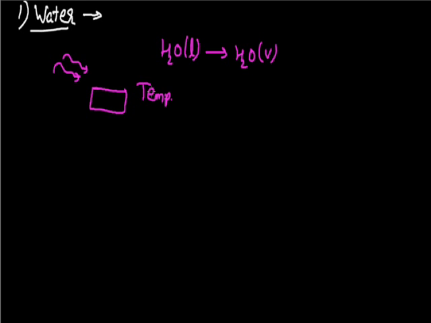The other thing that water does here is, when the liquid water is converted into water vapor, these water vapors surround the combustible material and make an envelope around it. As these water vapors surround the combustible material, they do not allow oxygen gas to come in contact with it, and again due to the lack of oxygen, or the limited supply of oxygen, the combustible material will finally stop burning. So that is how water puts off fire. Now we will be talking about the limitations of this fire extinguisher.